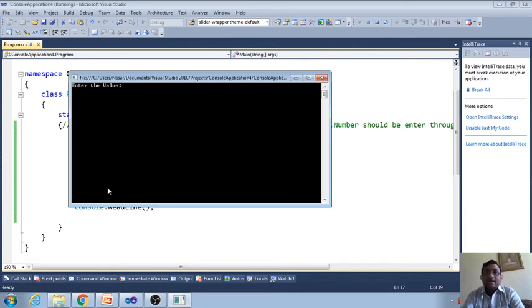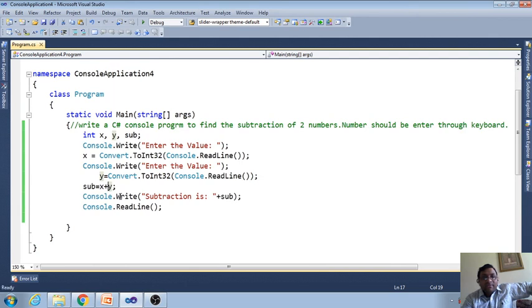If the result is coming correct, it means your program is correct. And remember, to check the result, always check with small values. So now I give 5 and I give 3. I know 5 minus 3 is 2, but the result is coming 8. See, there is no error in the program, but we are not getting the correct result. So where is the problem? The problem is here in the symbol. Now this is the correct one.